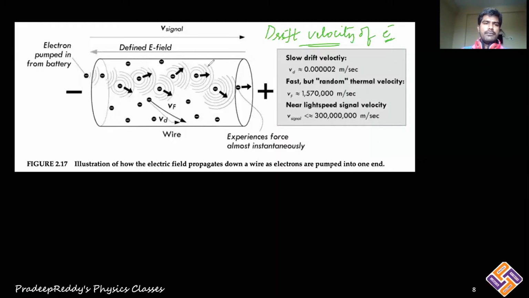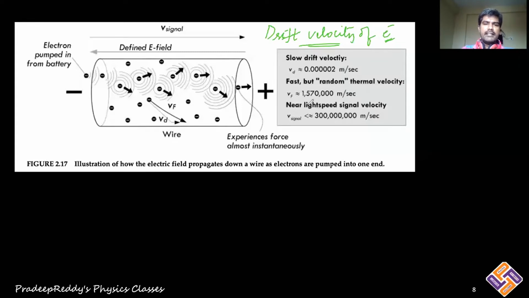The effect produced by one electron's motion is nullified by the effect of the motion of another electron. As a result, net current will be equal to 0 within a conductor. That is fair enough. Now you can take any conductor, either copper, aluminum, any conductor you can take. That conductor you can connect to a battery.